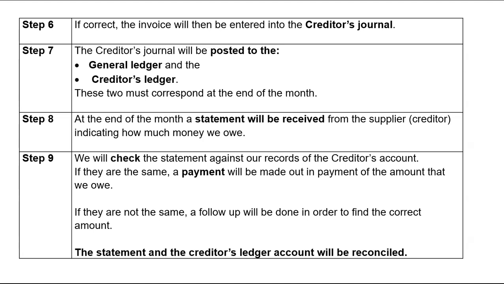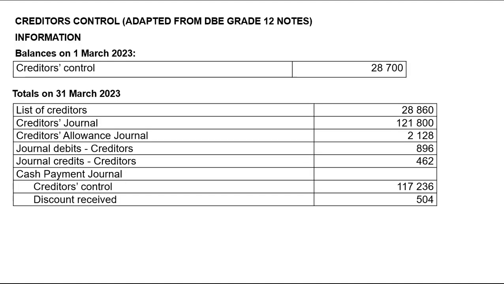Just to revise what the creditor's ledger and the creditor's list will look like. Not the creditor's ledger, actually, the general ledger, which is your creditor's control. Try this out. Okay, so we know that on the 1st of March, our creditor's control was 28,700. And we are given the list there at the end of the month, which is the 31st of March, 2023. The list of creditors amounted to